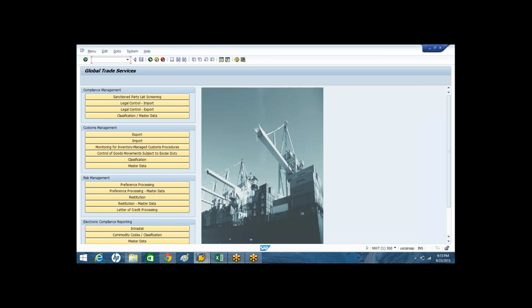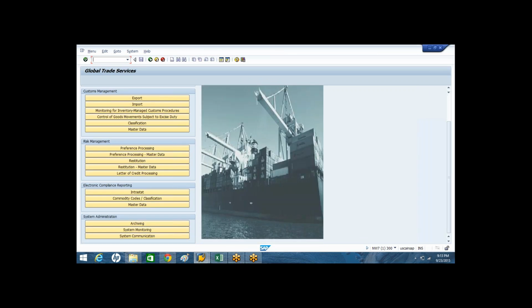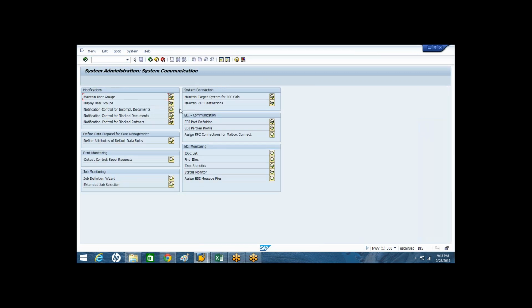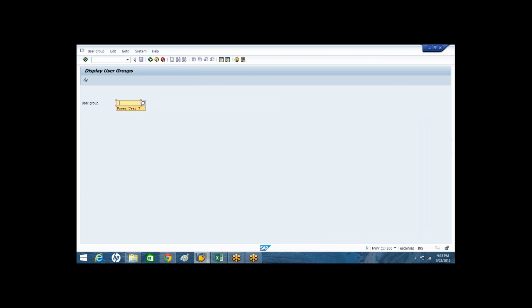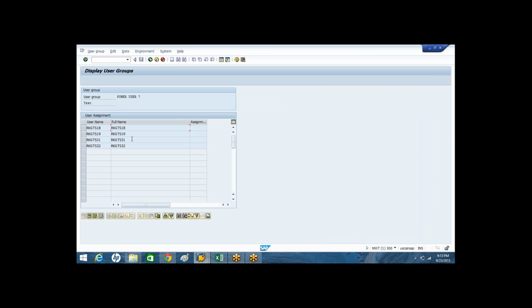So first thing is we need to activate the configuration, and then we need to go to the GTS area menu, and here as part of system communication, you need to create the user groups. You need to maintain the user groups. When you are maintaining the user groups, you specify the list of users. So under the user group 7, you are having 4 users, and each and every user will have a user email ID associated, right?